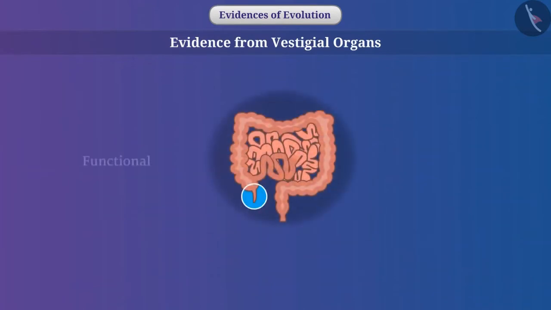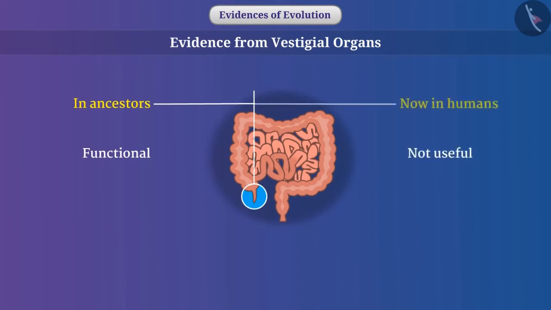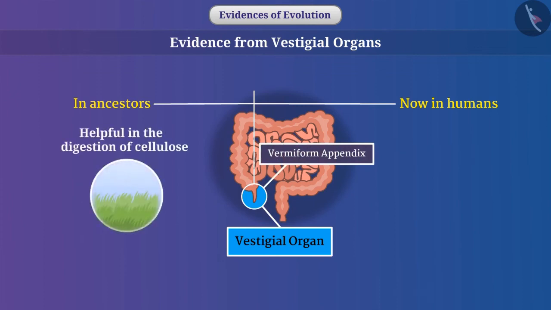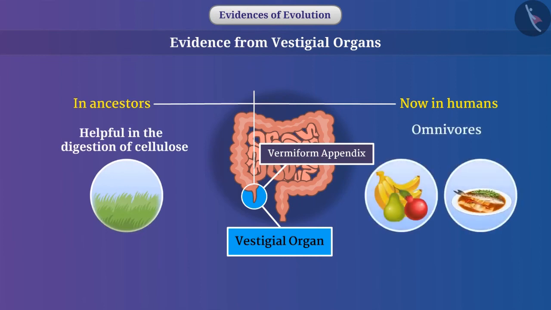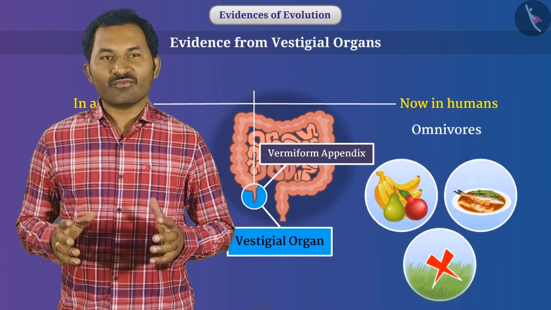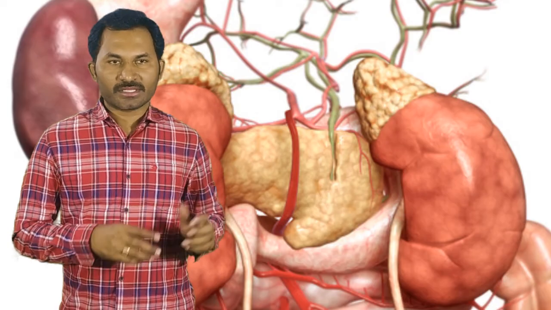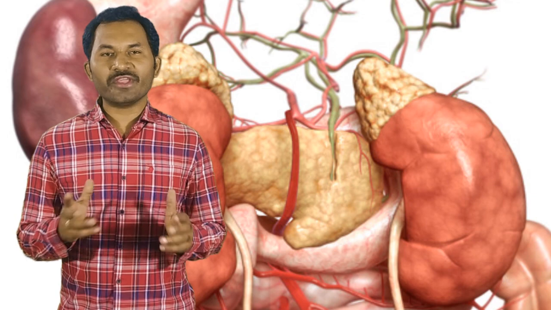Vestigial organs. By the time of evolution, some organs remain in organisms. You have studied about the appendix in the digestive system. In human beings, it has no role to play in the process of digestion. But in herbivores like rabbits, the appendix plays an important role. Such types of organs which are not useful in the animal are called vestigial organs. There are nearly 150 vestigial organs in human beings. For example, hair on skin, mammary glands in males, etc. That's why human beings are said to be a moving museum of